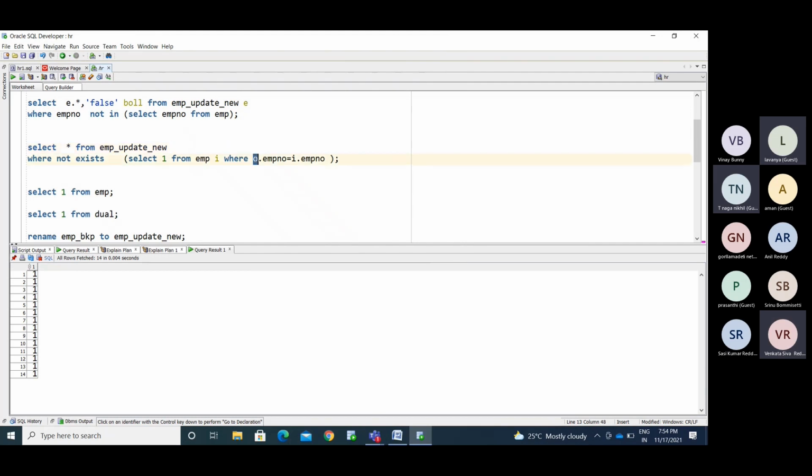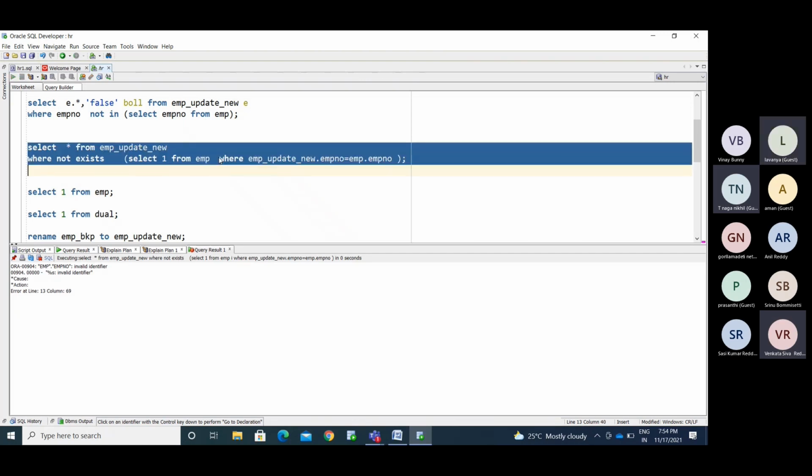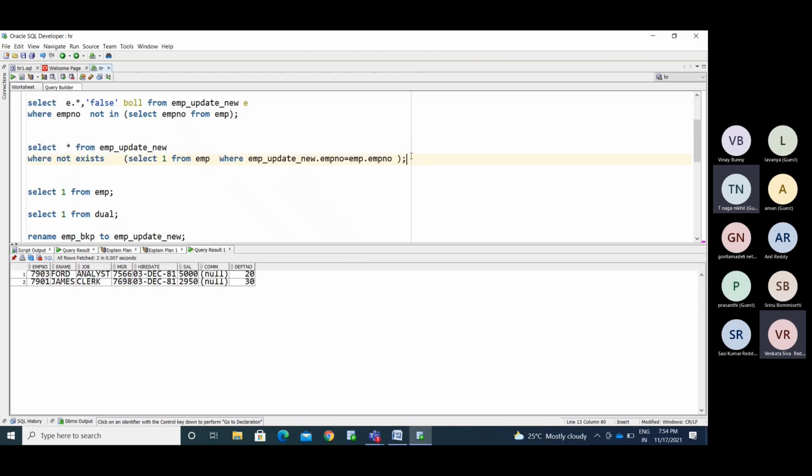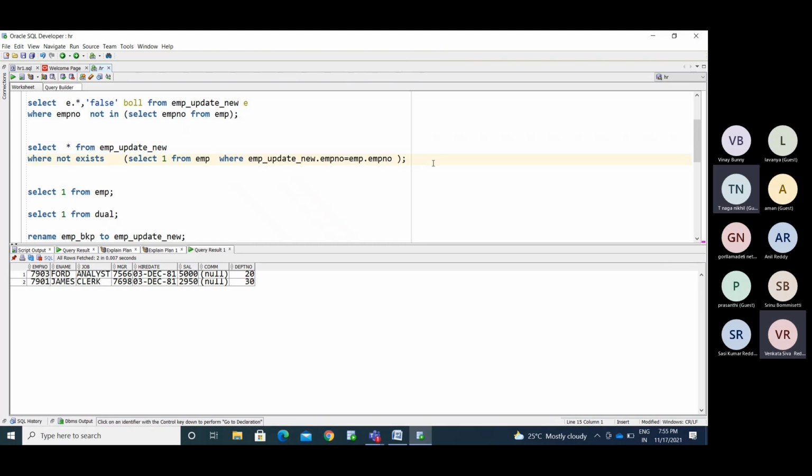Unnecessarily, see, I need to give it like this. So without giving this, what will happen? Now I haven't provided any alias name, I am just taking a direct reference to my original objects.